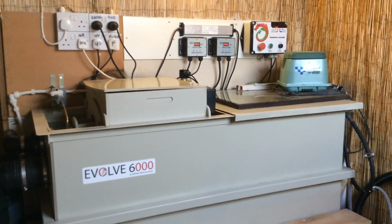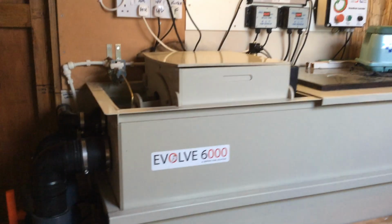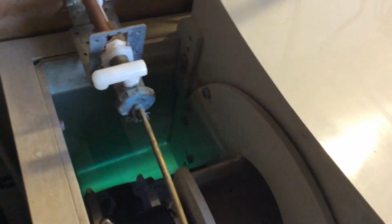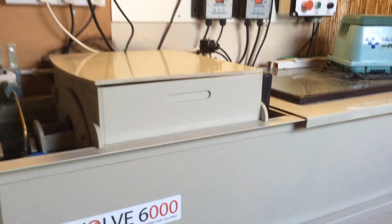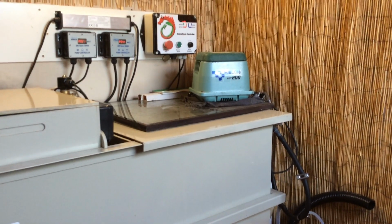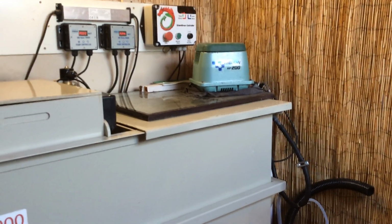So you can see the UV up there. I know you're probably all going to say to me, I'll fit the UV in here, down there. You're probably going to say to me, I don't need a UV being indoors, which I agree, but there you go, I've got one. The Hiblow 200 air pump